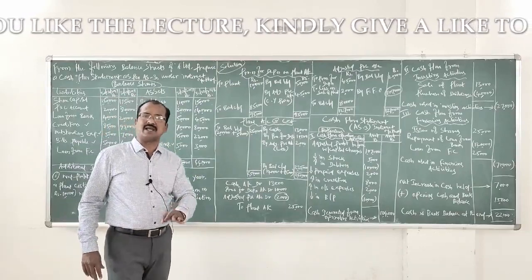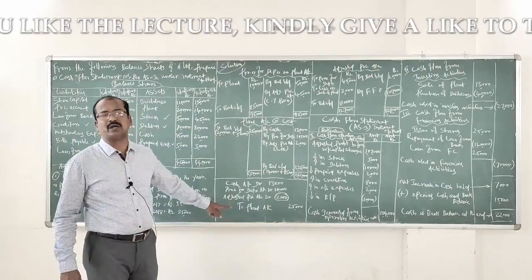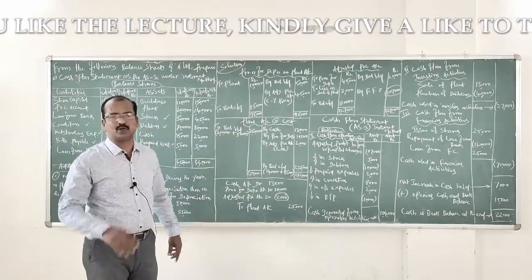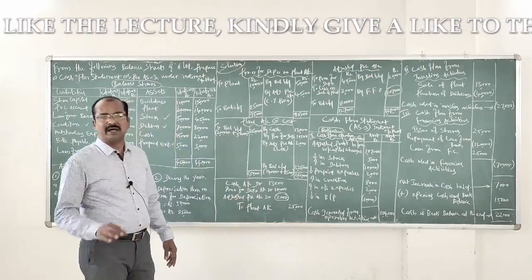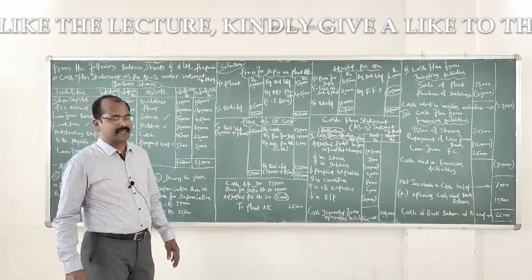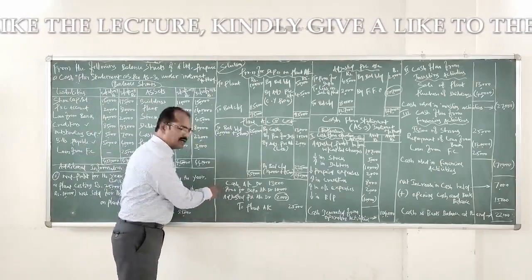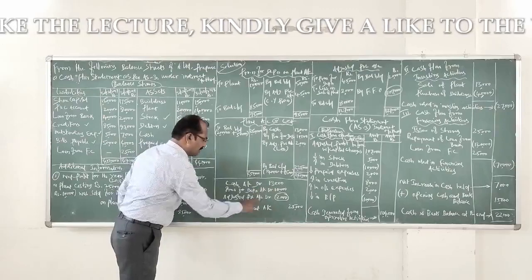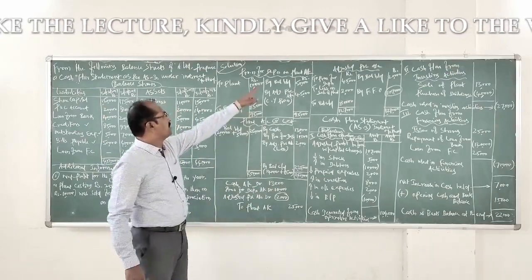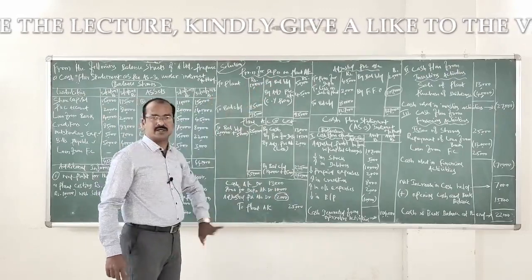Because on the date of sale, the book value of the plant was 15,000, but it was sold only for 13,000. So there is a loss of 2,000 rupees, which is recorded in the adjusted profit and loss account debit. Now, let us take only the second portion of this combined journal entry. What is this? Provision for depreciation account debit to plant account 10,000.